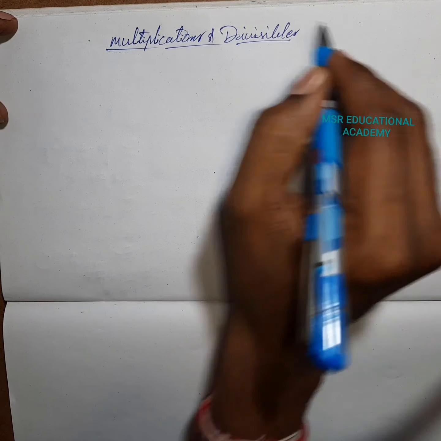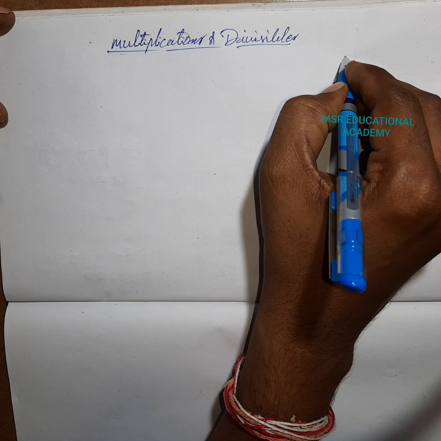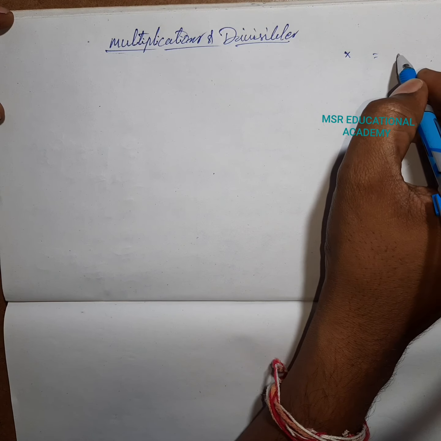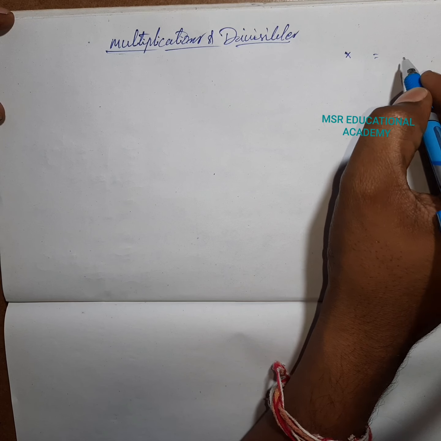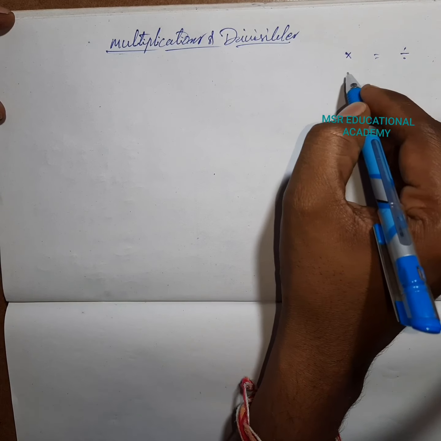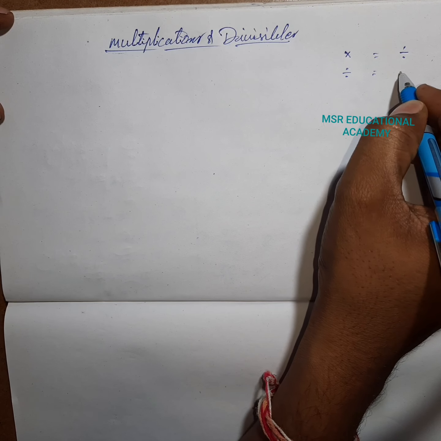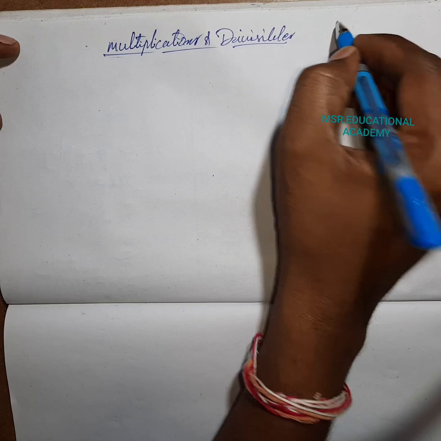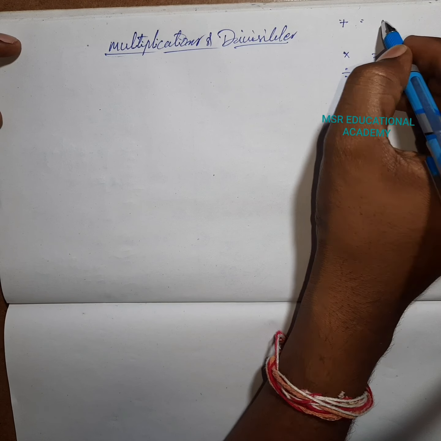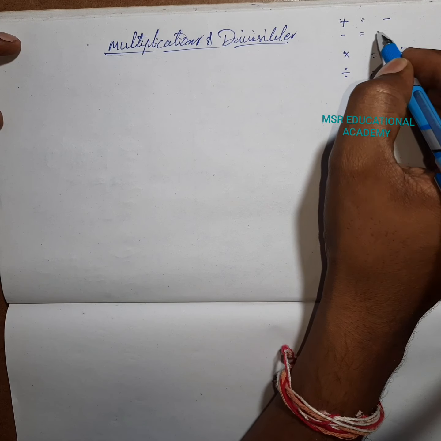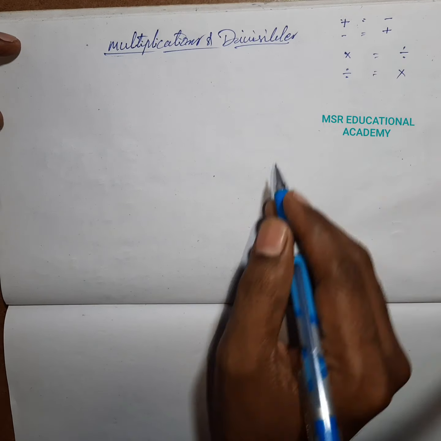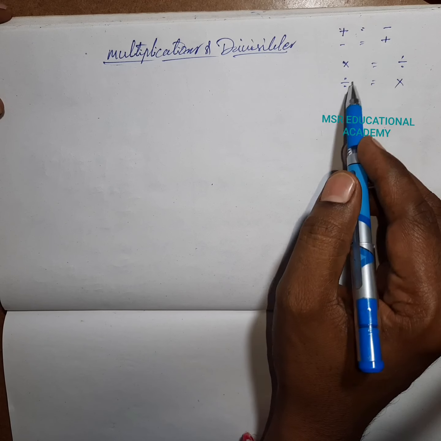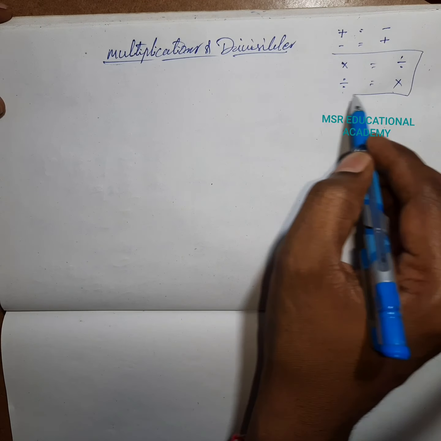This is actually a rule: if it is a multiplication and it goes to the other side of the equal sign, it becomes a division, and a division, if it goes to the other side of the equal sign, becomes a multiplication. Okay, that is the only rule. In the last class we saw that a plus value, if it goes to the other side of the equal sign, becomes a minus, and a minus value becomes a plus. So as per the rule, a multiplication becomes a division and a division becomes a multiplication. This rule can be applied now.